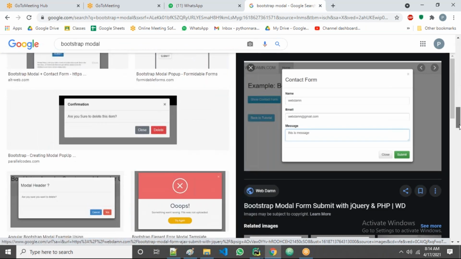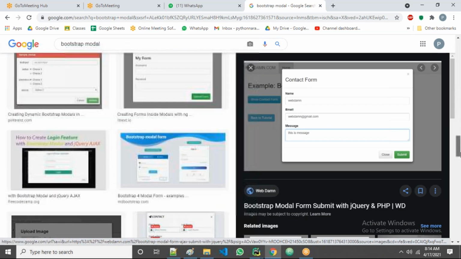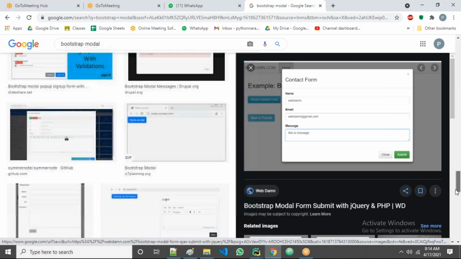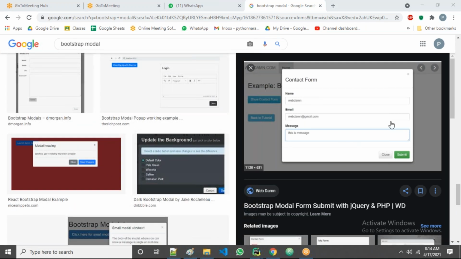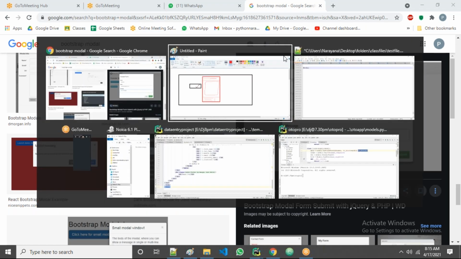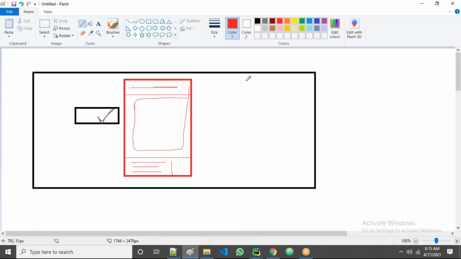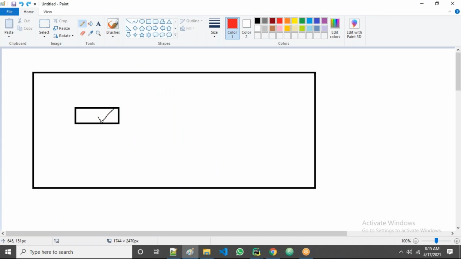It is a kind of new window when you click on the button, guys. All are the same. Now let us try to make an example like this, right? Now all of you observe. What do I do here? I'll take one button here.